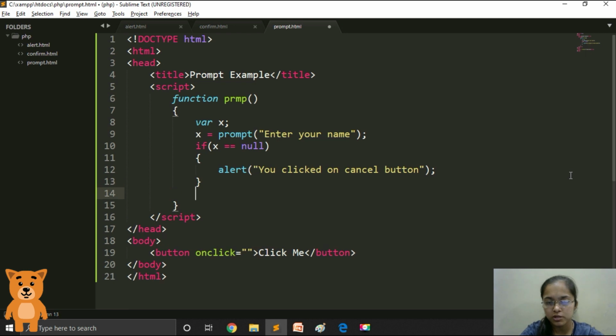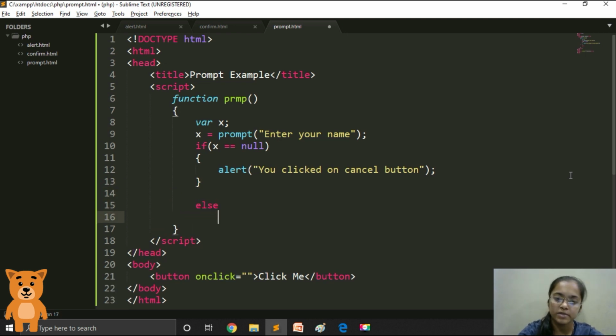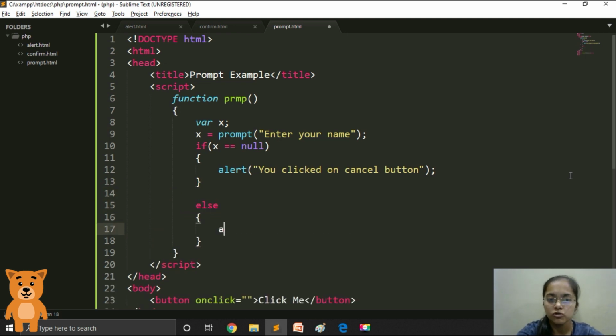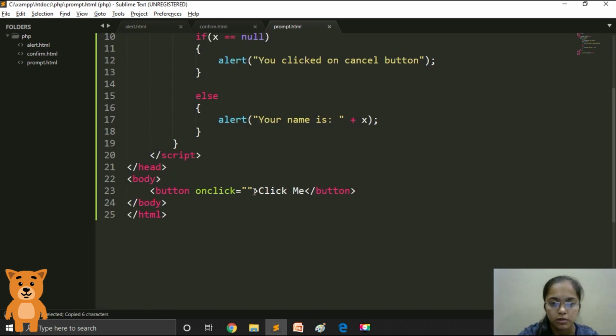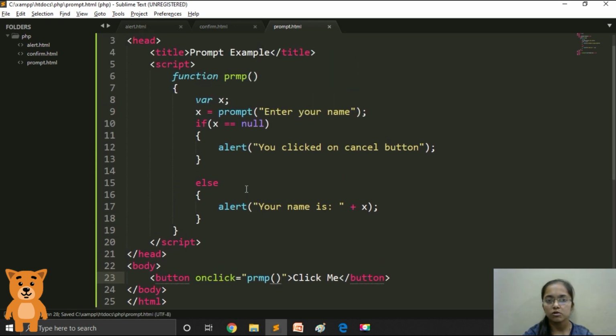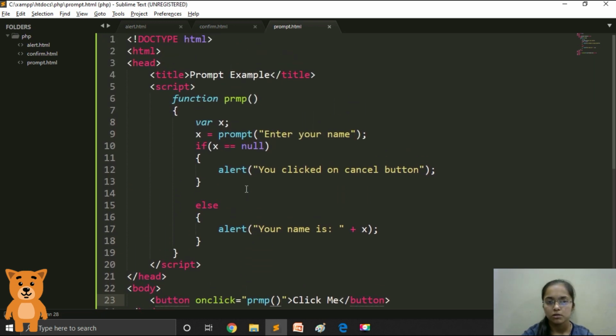And if the user clicks on the OK button by typing some name, then we have to show the name over there. So we will type the message that your name is, and the name of the variable, that is x. Now let's give the name of the function in the onclick attribute of the button. So this is how the code of the prompt dialog box looks.